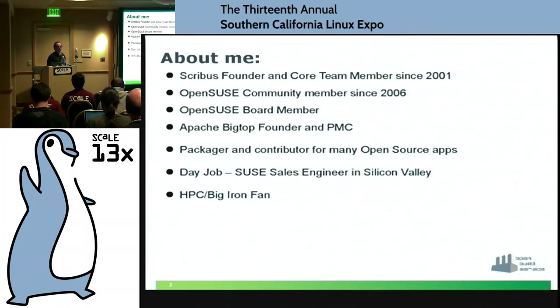At Cloudera, I was part of what we call the kitchen team. We started a kitchen team with the idea of setting up a build service to be able to build the whole Hadoop stack, which is a pretty complex job. And part of the premise I'll talk about today is that